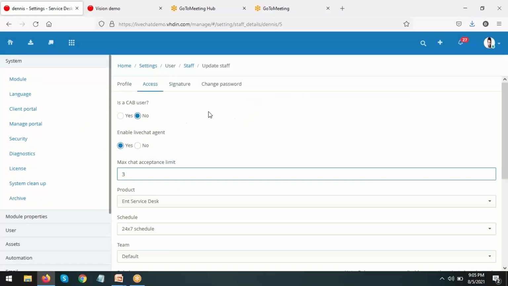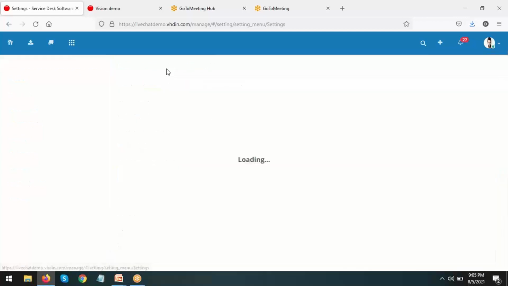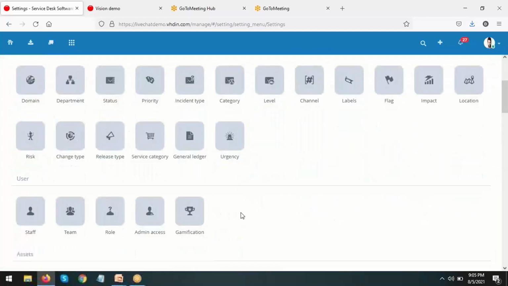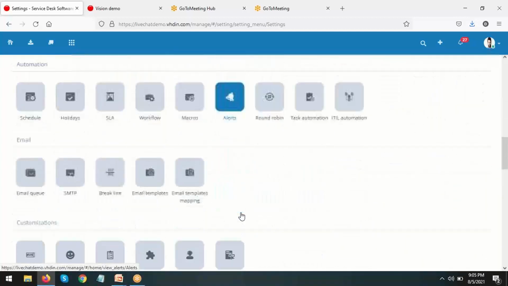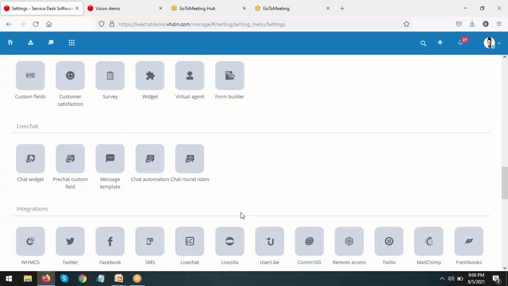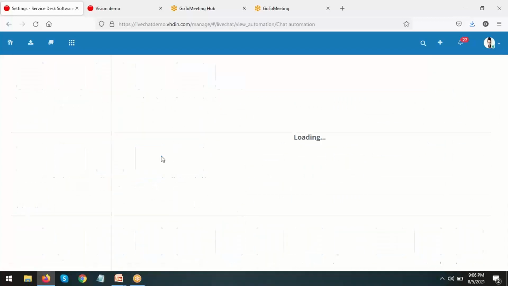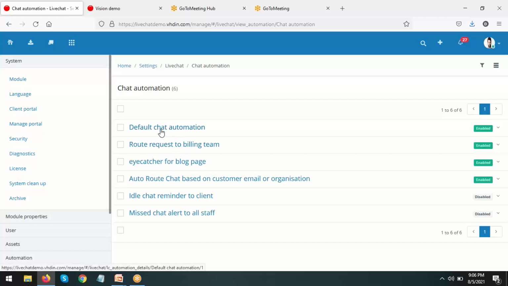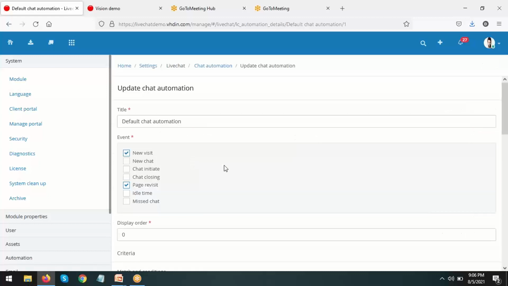See, Momina, over here, first you need to go to settings, and then we have this workflow, chat automation. Now let's say, based on your query, since you provide international support, we have an option over here.